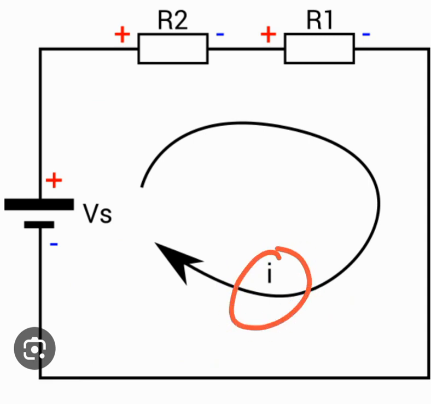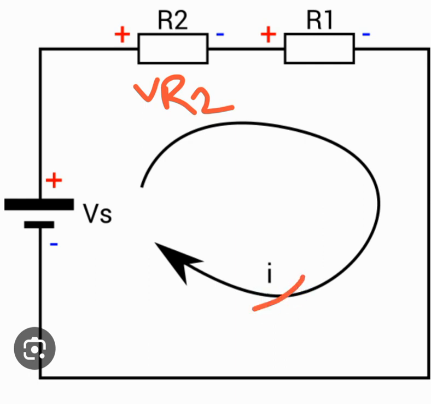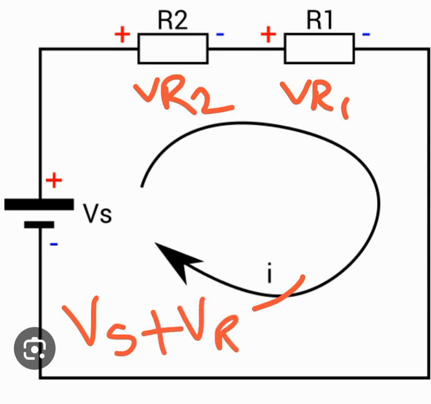When this current I passes through R2, it produces a voltage drop across it. Let's say the voltage drop across R2 is VR2, due to the current I. The same current passes through R1 and it produces a voltage drop across R1. Let's call it VR1. So how many voltages do we have? Vs, VR2 and VR1. Therefore we can write KVL as Vs plus VR2 plus